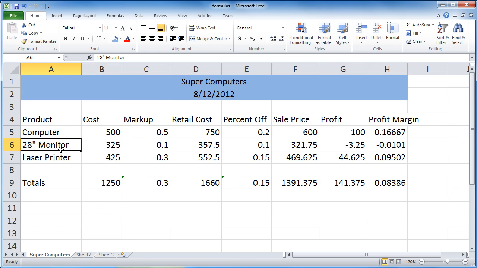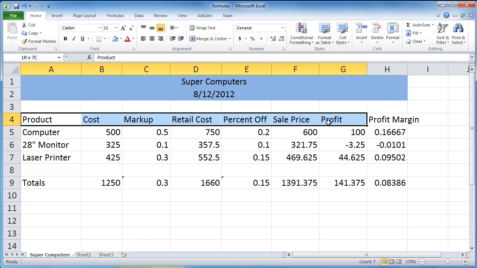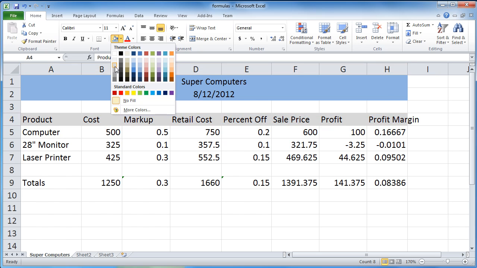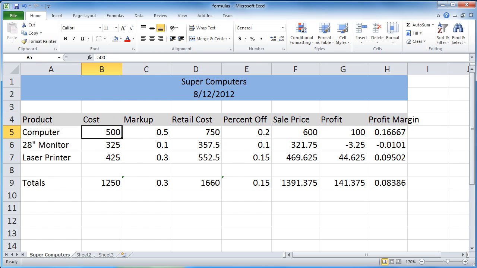Next, I want to make the headers on all of this information stand out. So I'm going to choose all of the headers for the data and then choose a coordinating color. That looks nice. Now I'm ready to make some text bold so that we can easily take a look at this data and see what's going on.